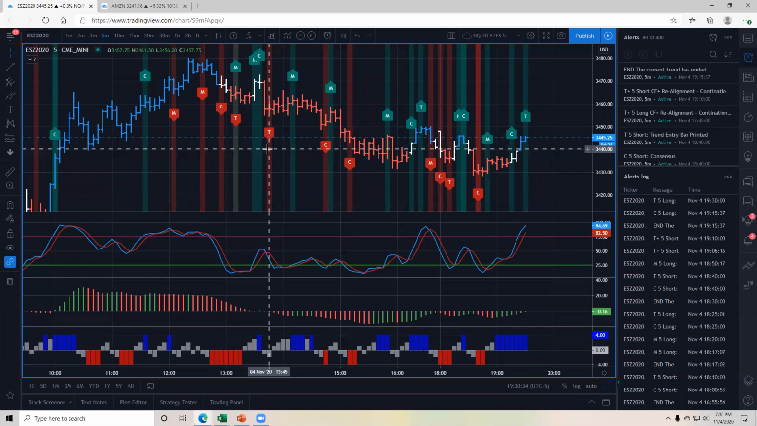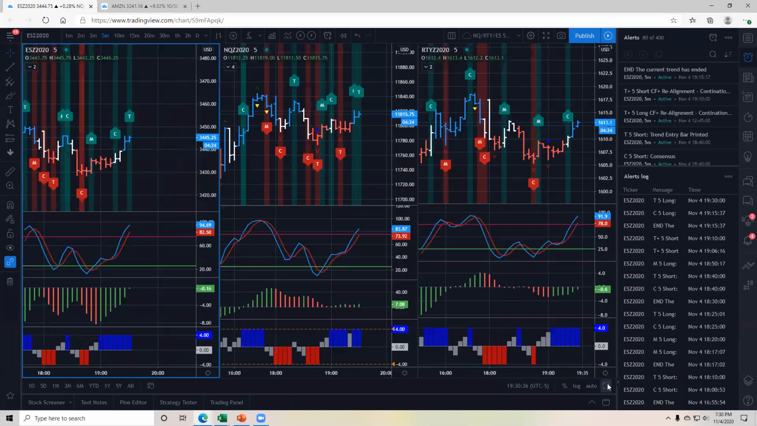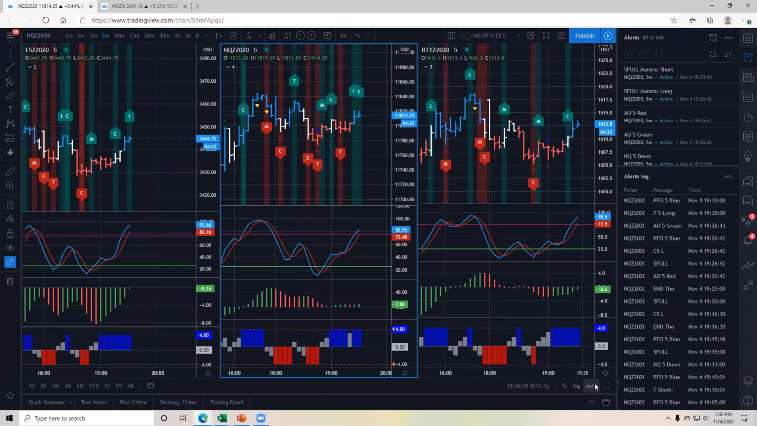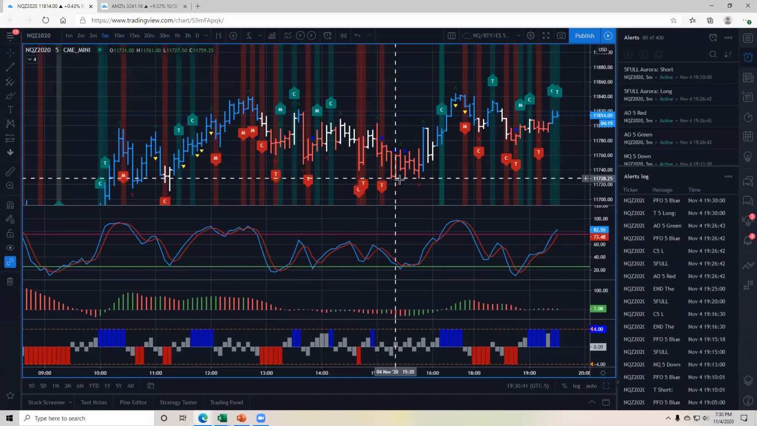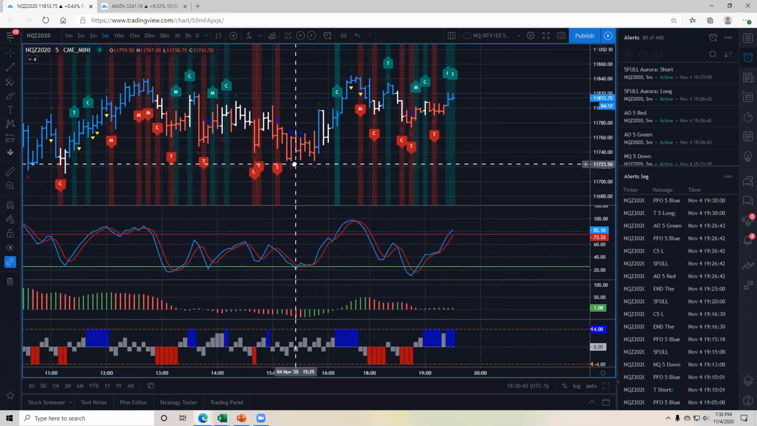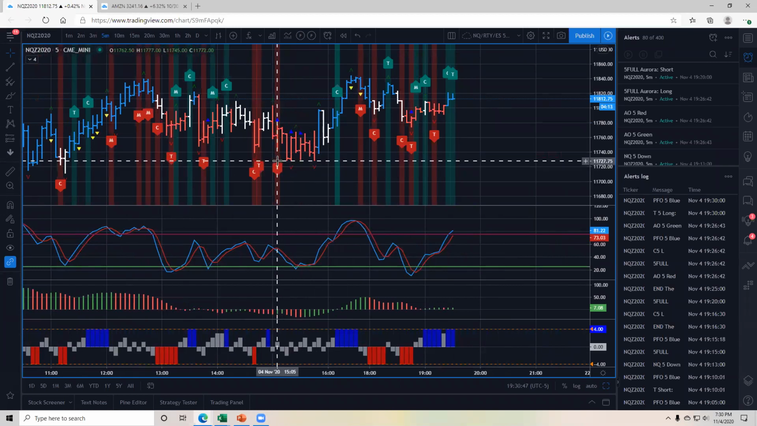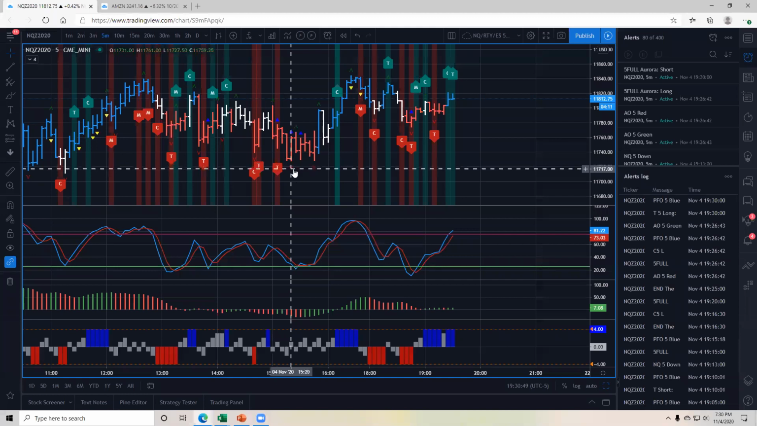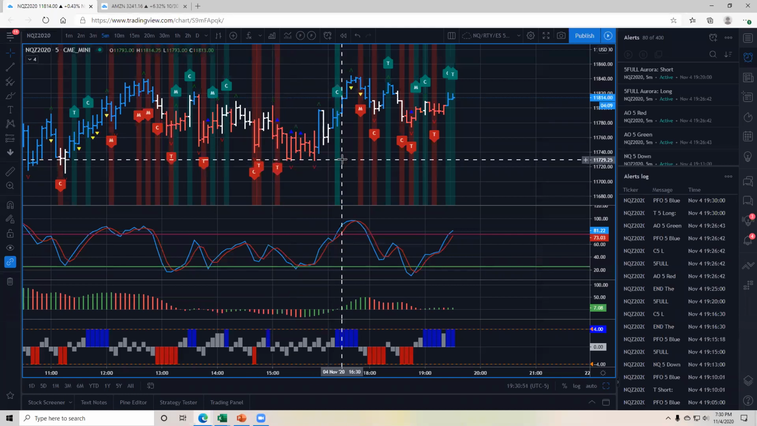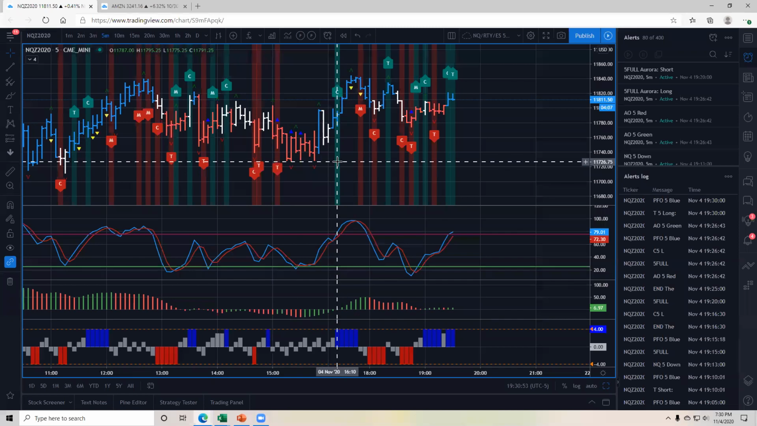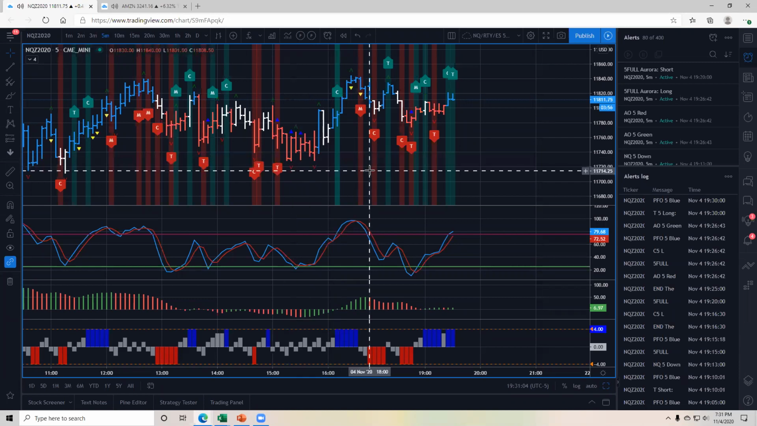So if you're trading options, let me go to NQ. If you're trading options on a red shaded bar, you're going to buy to open a put. And then if you're trading futures on a red shaded bar, you're going to go short. And then there are green shaded bars. If you're trading options, you're going to buy to open a call. If you're trading futures, you're going to go long. So the red and the green, very, very